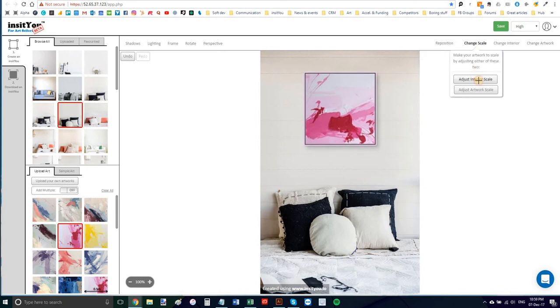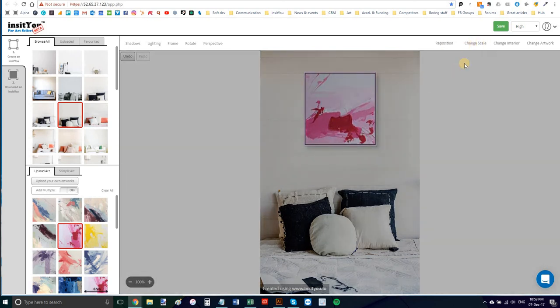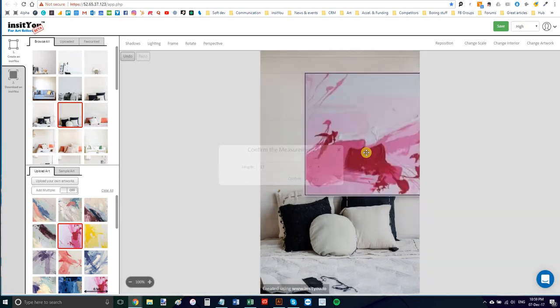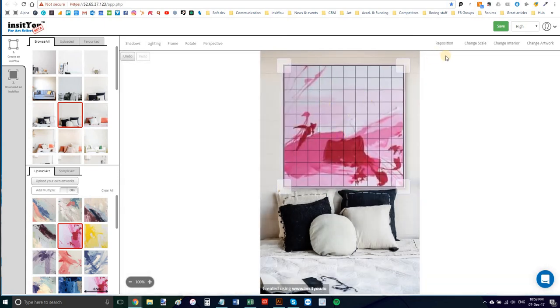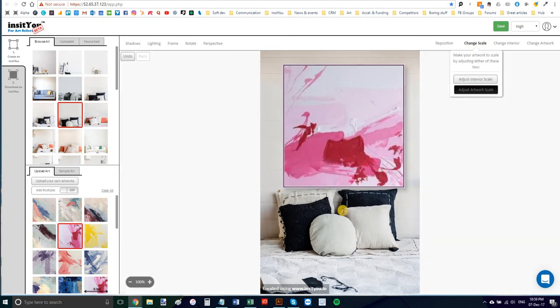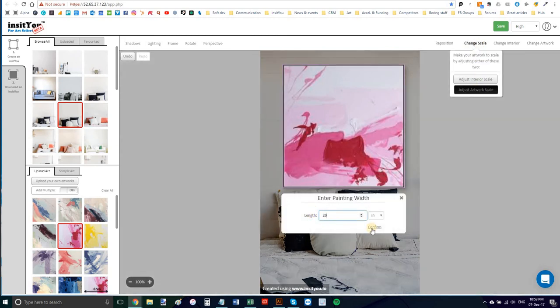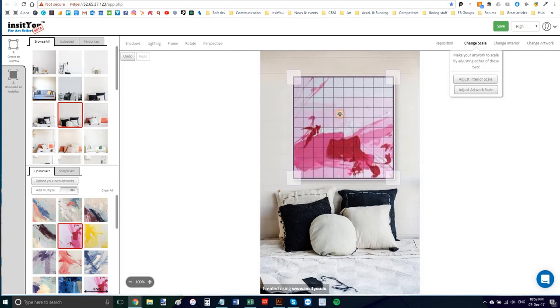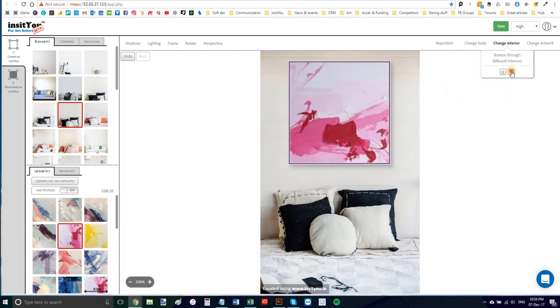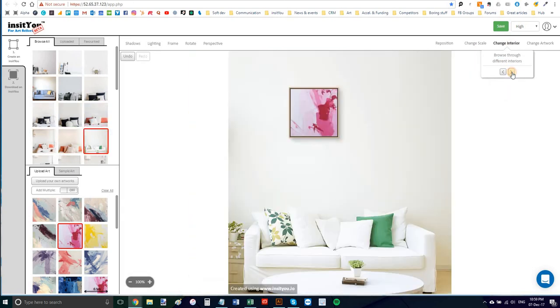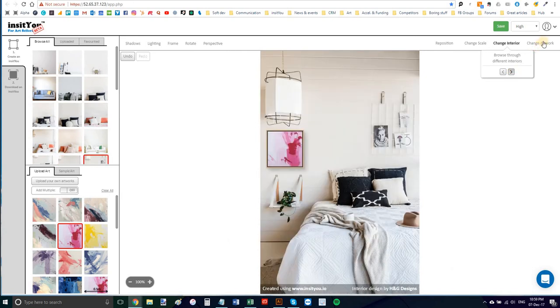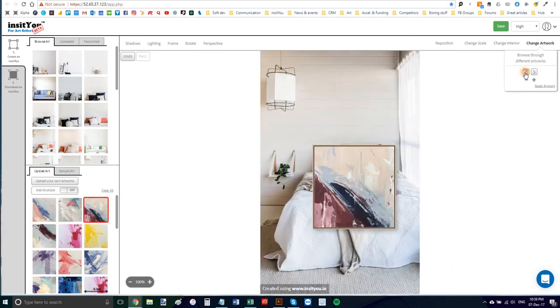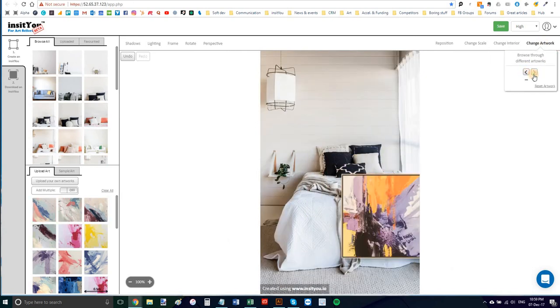Changing the scale. Again, if you've got your own interior, or even these ones here, they're not to scale as yet, so you might have to create it yourself. But let's say that's 12 inches. Confirm that, and let's say we know this is, say, 20 inches. There you go, that should change accordingly. You can change through the different interiors, go through your artworks,